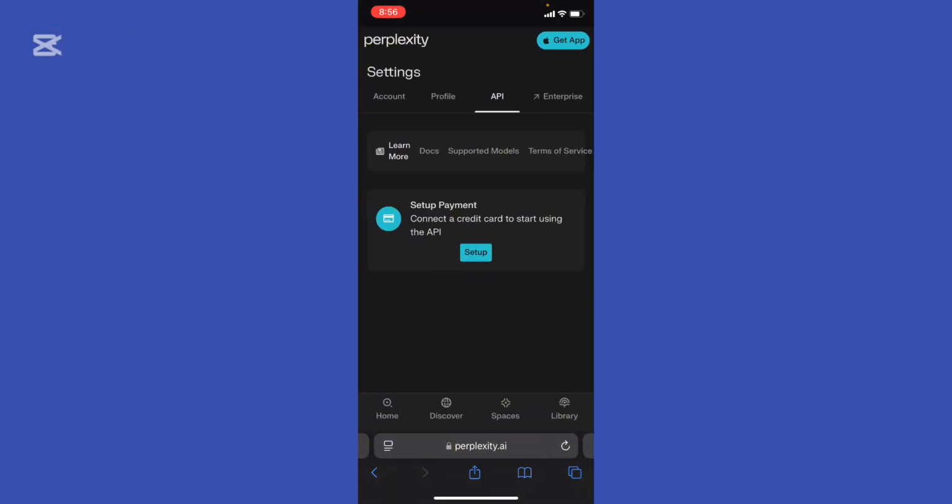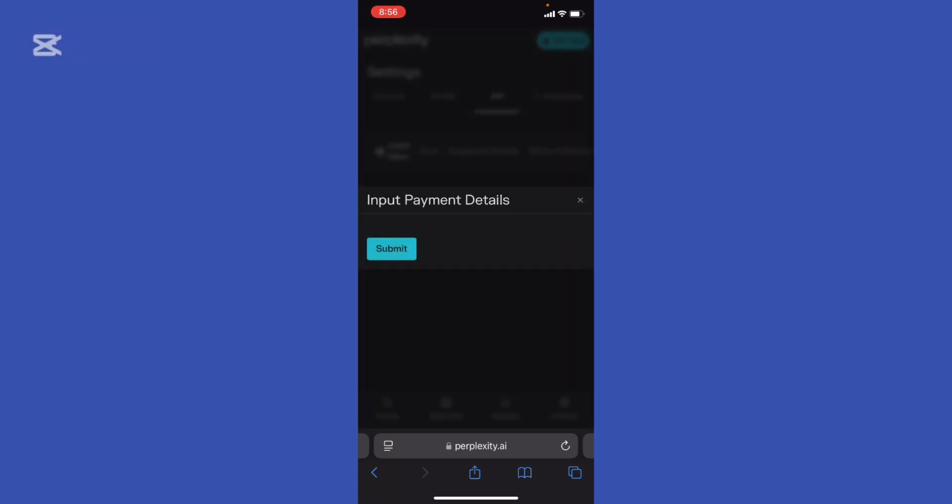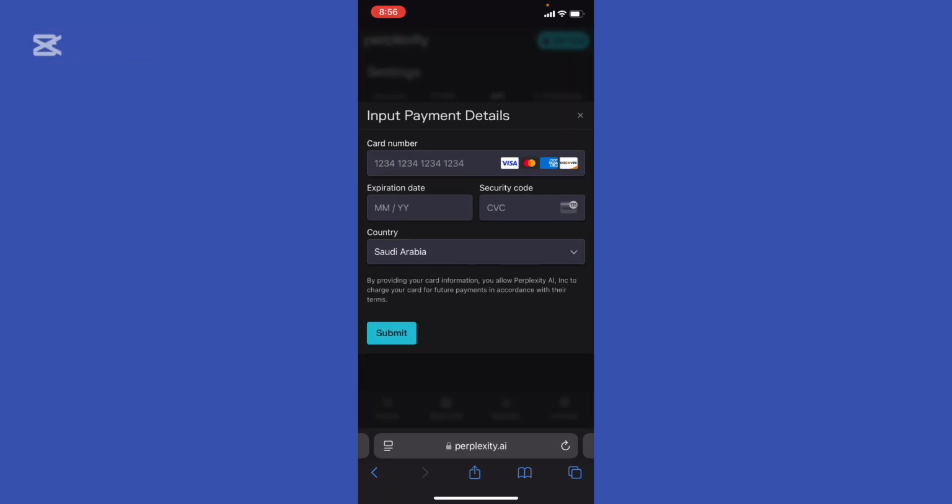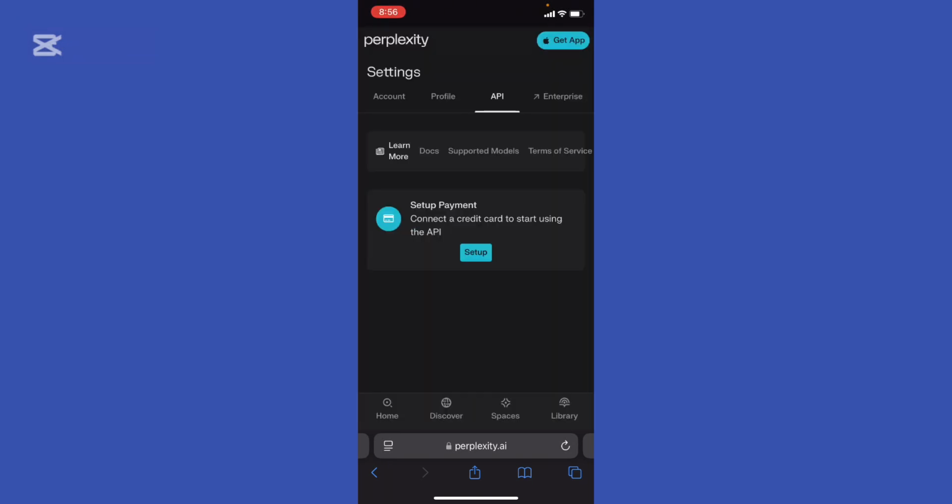In order for this to work out, you need to set up your own payment method, right? Connect a credit card to start using the API. And I don't have a credit card, but if you do, just go ahead and input the payment details in the country and everything. And then you can basically integrate the API to platforms like Slack, Notion, or email systems for